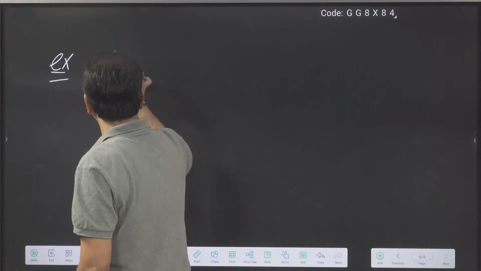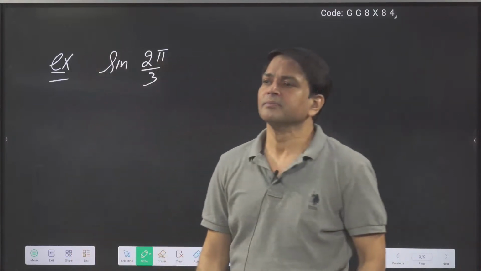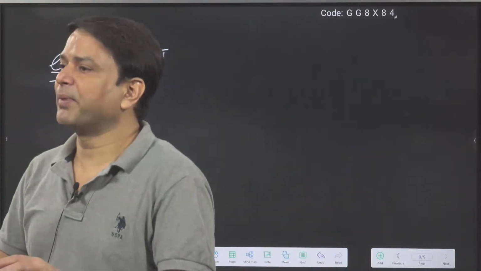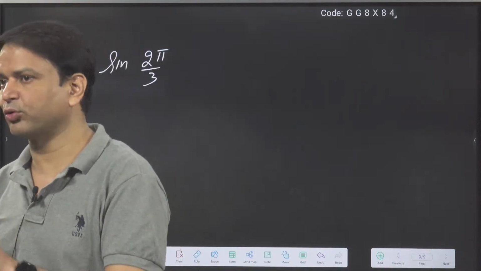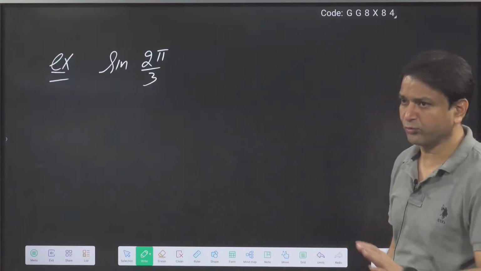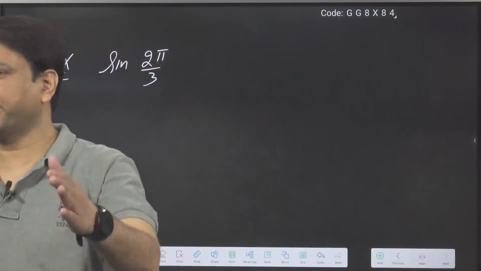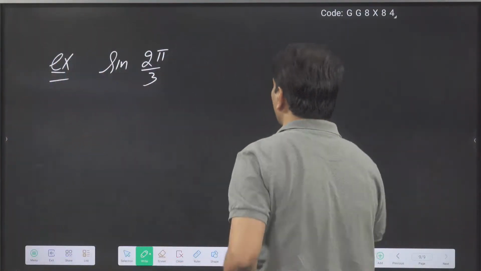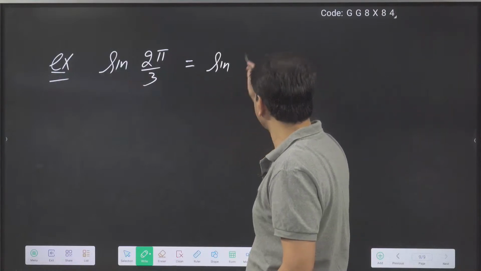Suppose I am asking the value of sine 2 pi by 3. To find the value, we always try to split into pi minus, pi plus, but 90 minus, 90 plus, 270 minus, 270 plus we also have to know. That's why I am saying this. So suppose you have sine 2 pi by 3 and you have to find the value. One way of splitting is pi minus pi by 3. But I'm not doing that. Basically 2 pi by 3 is 120 degrees, so I am splitting like sine